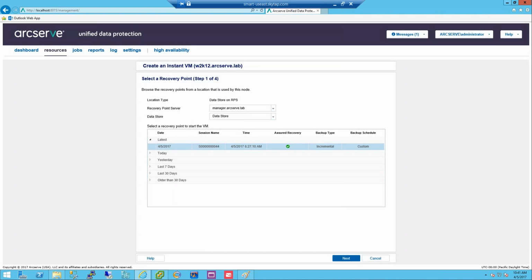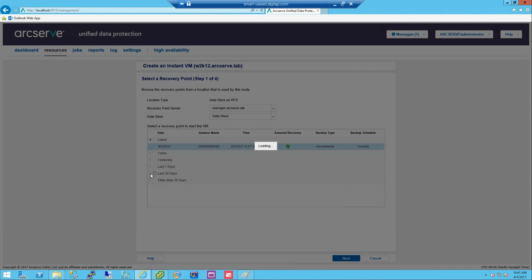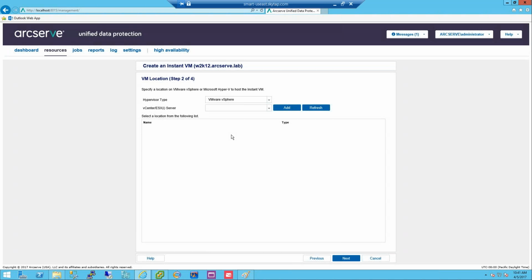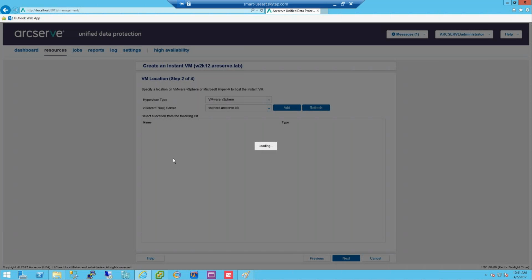So maybe my virtual standby was infected, unfortunately, for some reason. I could go back to previous backups within the last month, longer than that if I needed to, older than 30 days, and just choose which one I want to restore from and select that. So in 4 steps, we're going to specify the hypervisor I want to spin